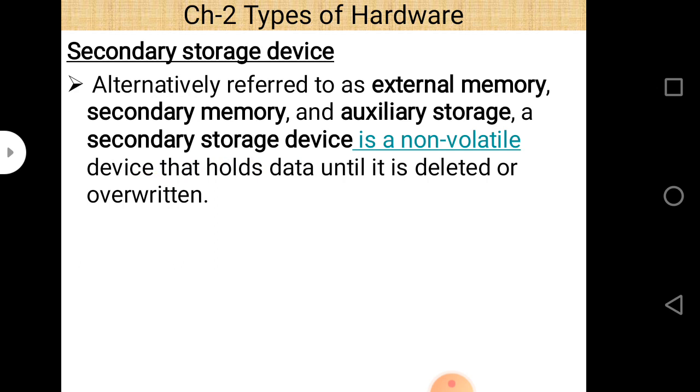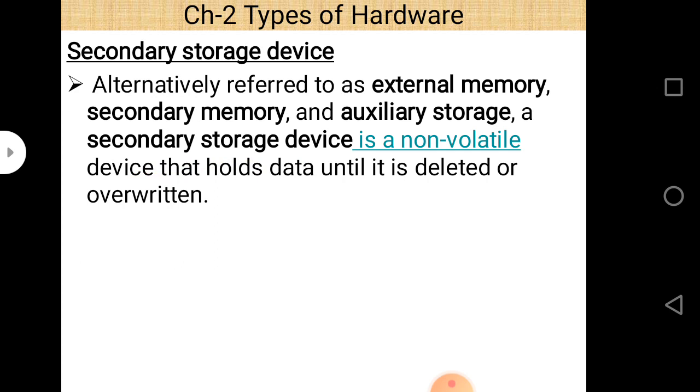So if you save a file into your computer system permanently, after 2 or 3 days or after a week, you can easily see that the data is at the same place in the computer system. It is because of the secondary storage devices. So secondary storage devices basically save data permanently into your computer system, and it is a non-volatile memory. There are different types of memory belonging to secondary storage devices. They may be optical, semiconductor, or magnetic. But as far as their function is concerned, they save data permanently into our computer system, and they are always non-volatile.